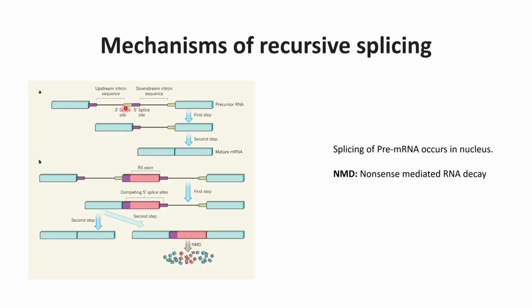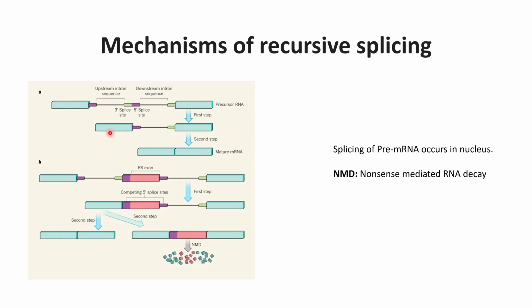blue is the 3 prime site. So how this process begins is that first the upstream intron sequence is removed by the 3 prime splice site, and this sequence we can read from 5 prime to 3 prime. So first, this is the 5 prime site. The first process that occurs is the removal of the intron by the 3 prime splice site, so that this 3 prime splice site will remove the intron that is upstream to it, and then it will move to